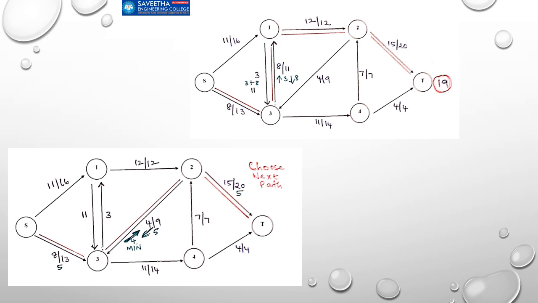So I have added it here. So 8, 0 was there initially, it has become 8. Here it was also 0, so it has become 8. Now full capacity is reached here. Here it was 7, so 7 plus 8, 15. Now 8 has been added, so that particular 8 is added to this. We finished this path, so we will add that 8 to the already existing 11. So we are getting 19.